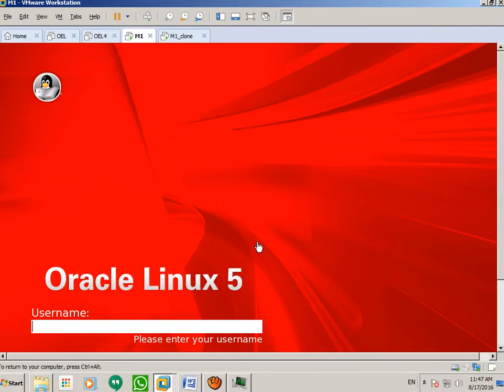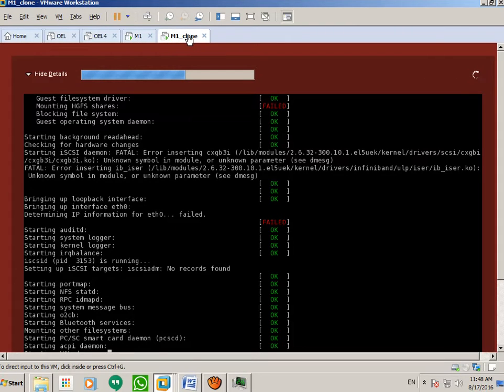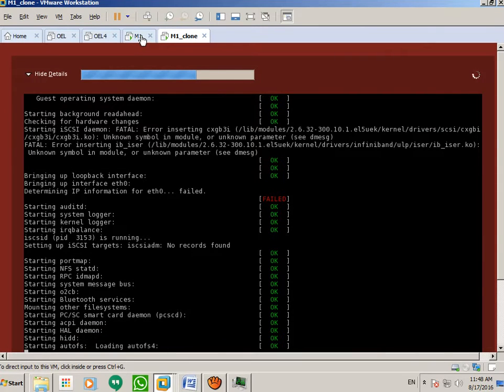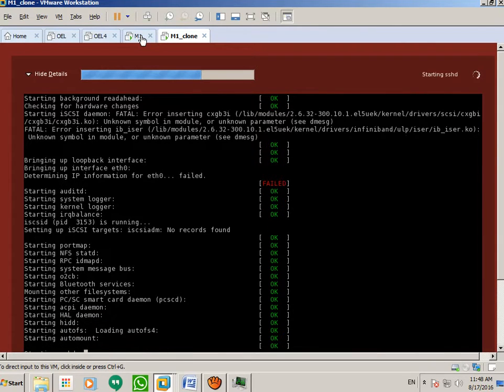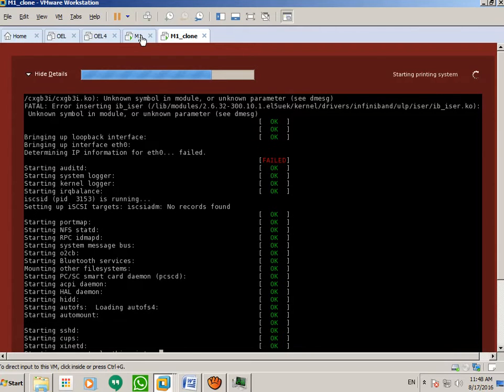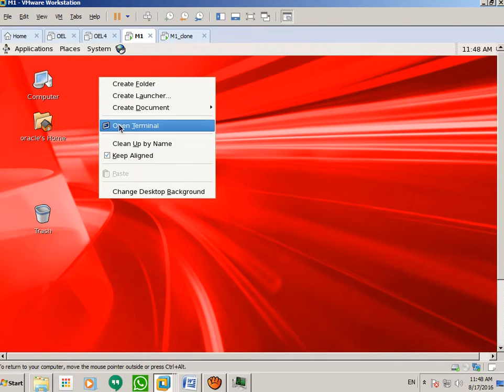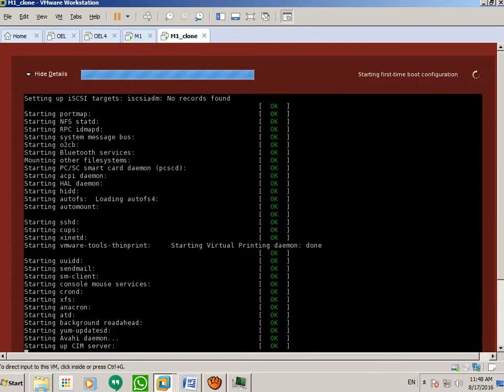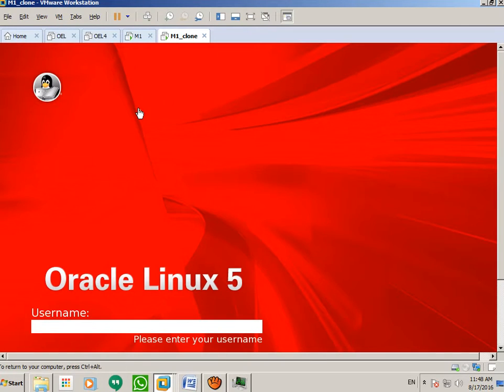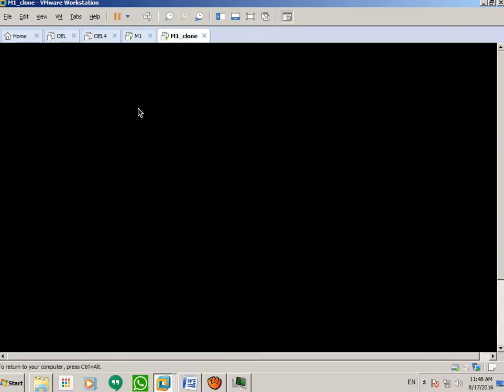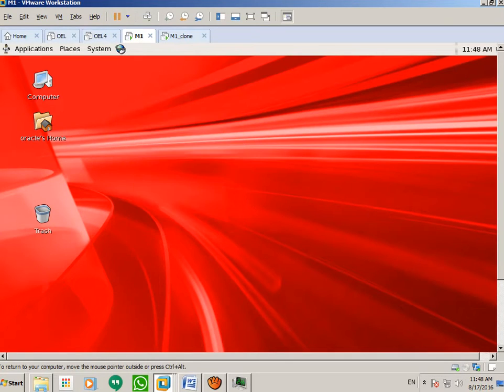So the machine is ready. This is machine 1, which is ready to start configuring GGSCI, Golden Gate software command line interface. This is the clone we just created. We need to make some changes here, at least related to IP address and host name, which will come as it is from the primary side. Here this is run. This is ready. Here we can start